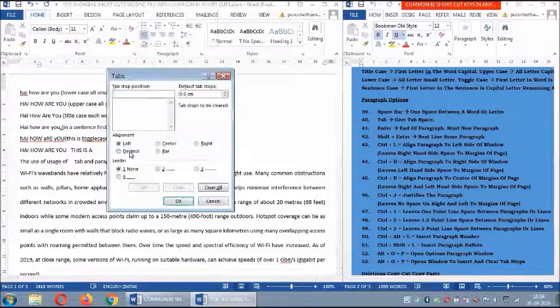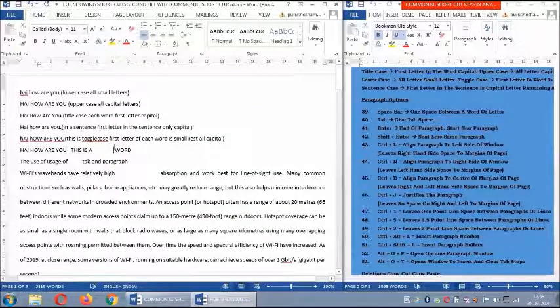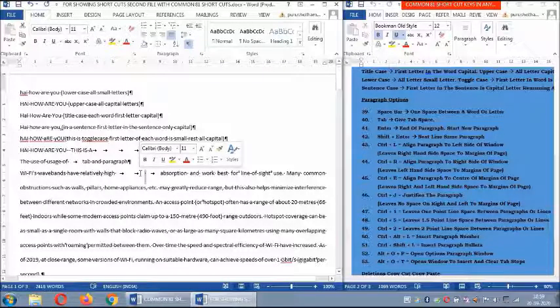With Alt O T we get it. It is set here as 0.5 cm, but I can increase or decrease it. I increase it to 1 cm and say okay. See what happened, it has been increased. Tab spaces and paragraph marks you can see here. These arrow marks show the tab space, and the small dot resembles the space bar used, and these are the paragraph marks where the paragraph is completed.